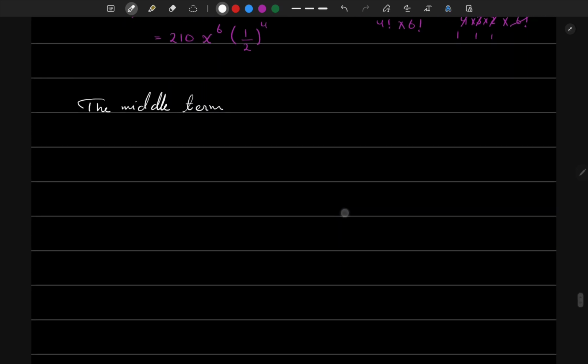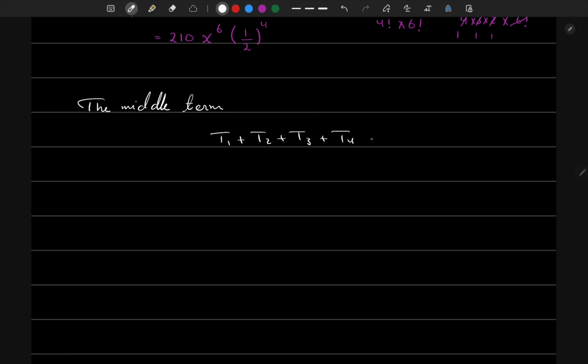What do I mean by the middle term? In any expression, I'll have term 1, term 2, term 3, term 4, and term 5. Now, term 3 here is in the middle of the expression, and this is what we mean by the middle term. This is if the number of terms is an odd number, but if I have a number of terms that is even, for example,